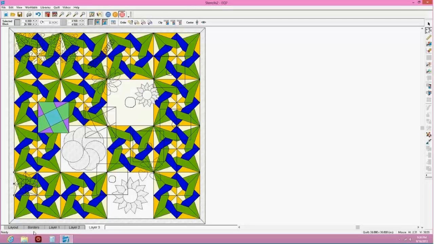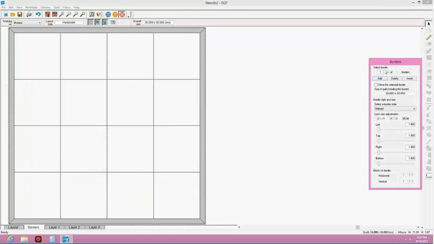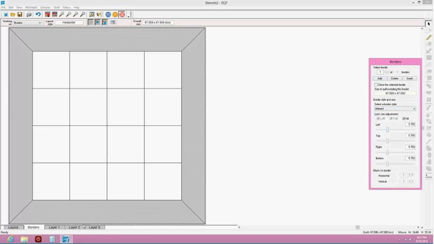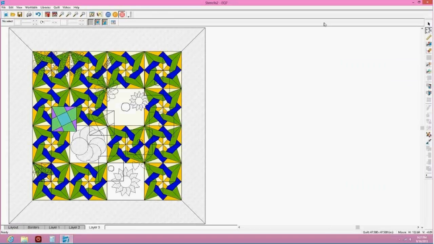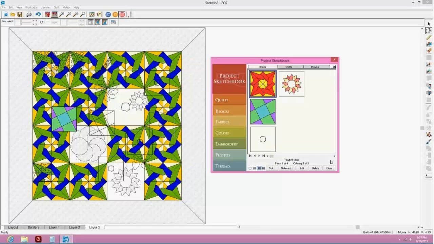Okay, so that is one of the things that's nice. Like I'm going to add a border here. I want one border. Let's make this bigger. All right, so what's nice is this. See my border? If I really want to make this a little more uniform with the pattern in here, I wouldn't necessarily want to use it as a stencil through the whole thing. I could do,